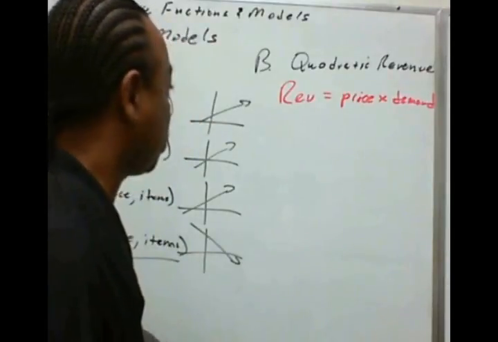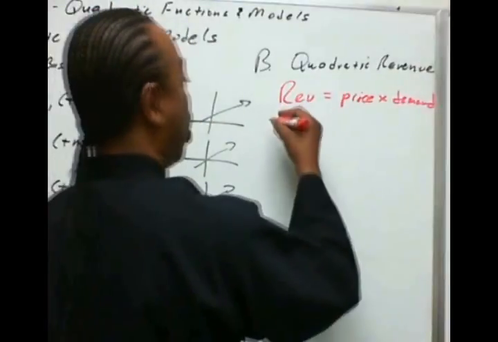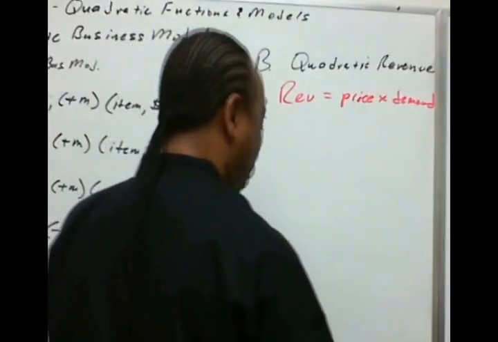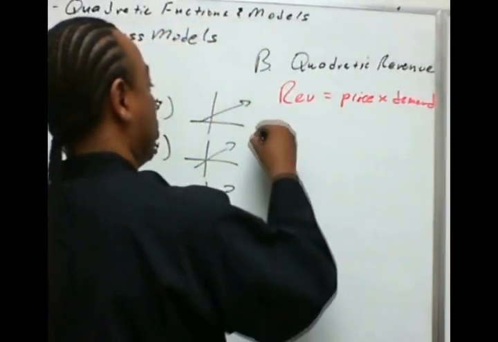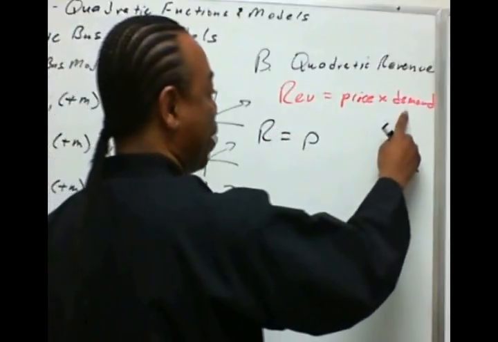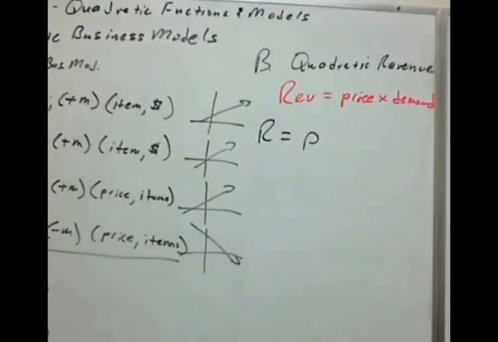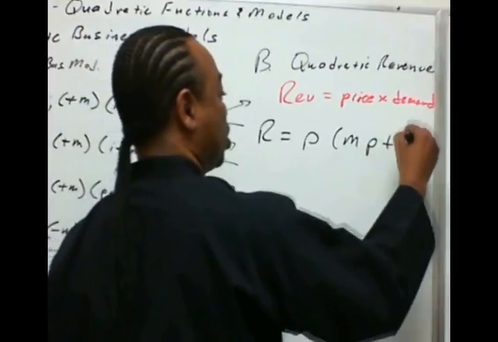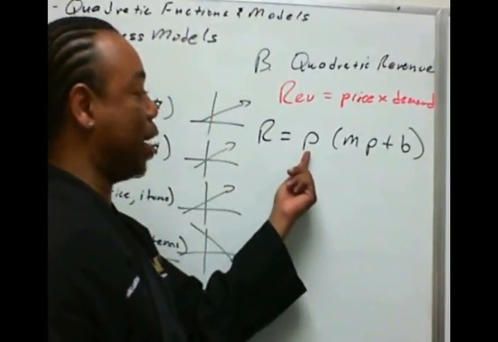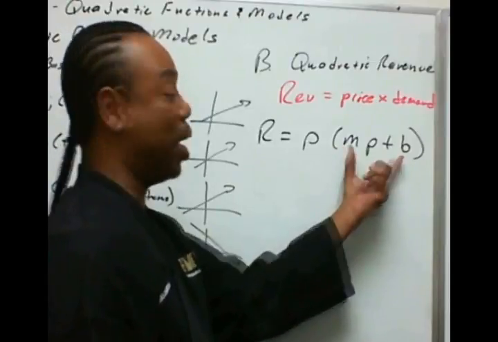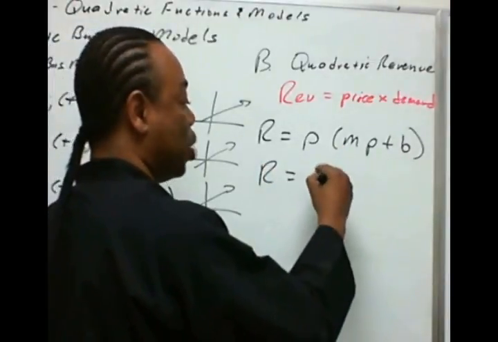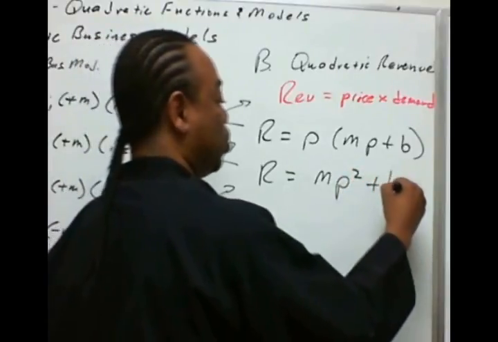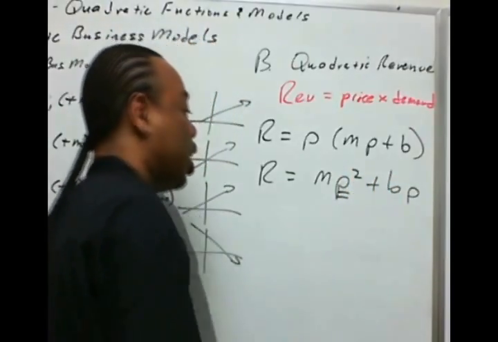In this case, our price will be represented by the letter P. And for the demand function, we're going to use our old linear one back here, which is demand equals mx plus b, or should I say demand equals mp plus b. And you see that when we put this together, the price times a linear demand function, what happens is that when they combine, you'll get mp squared plus bp, and hence we now have